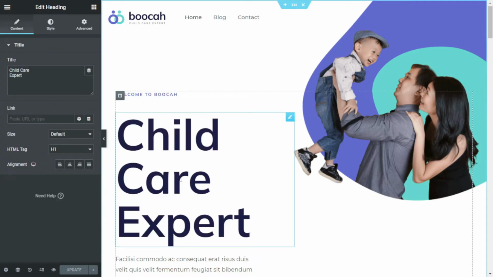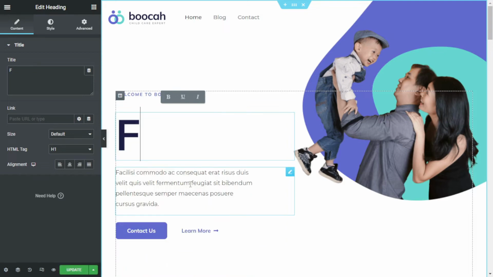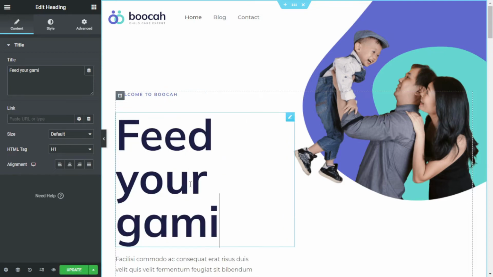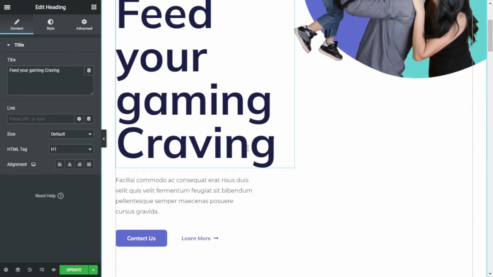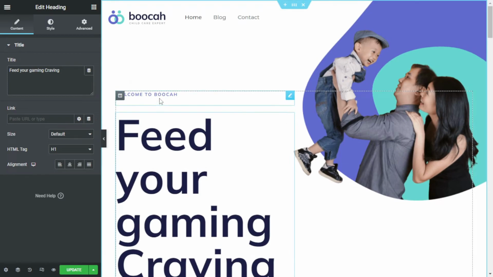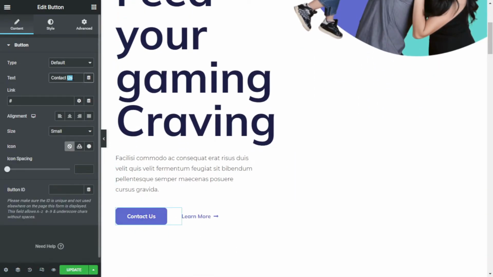For that, click on this text, select the text, and add whatever you want to add. Now say if you want to edit the text on this button, click on the button and enter the text you want to show.